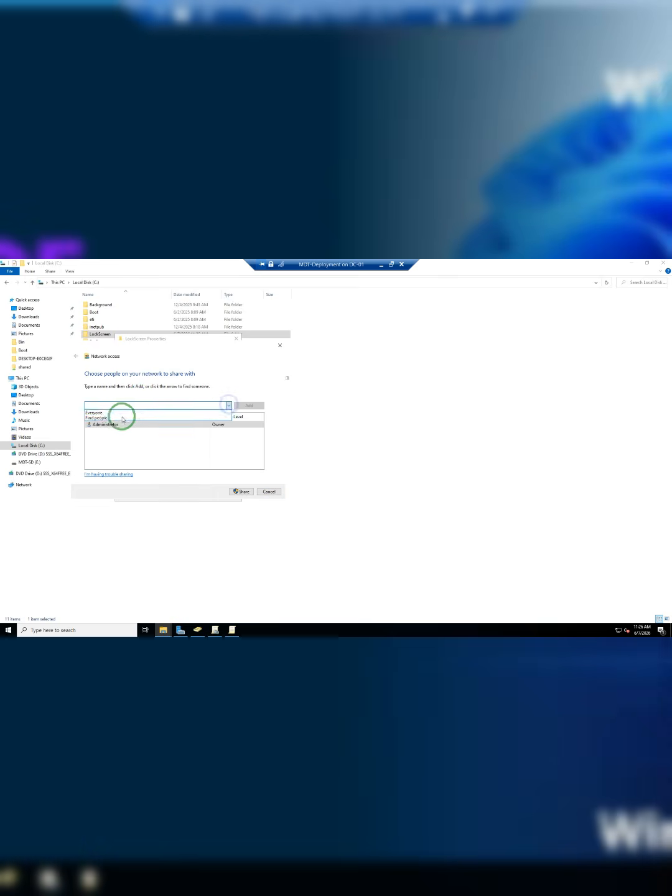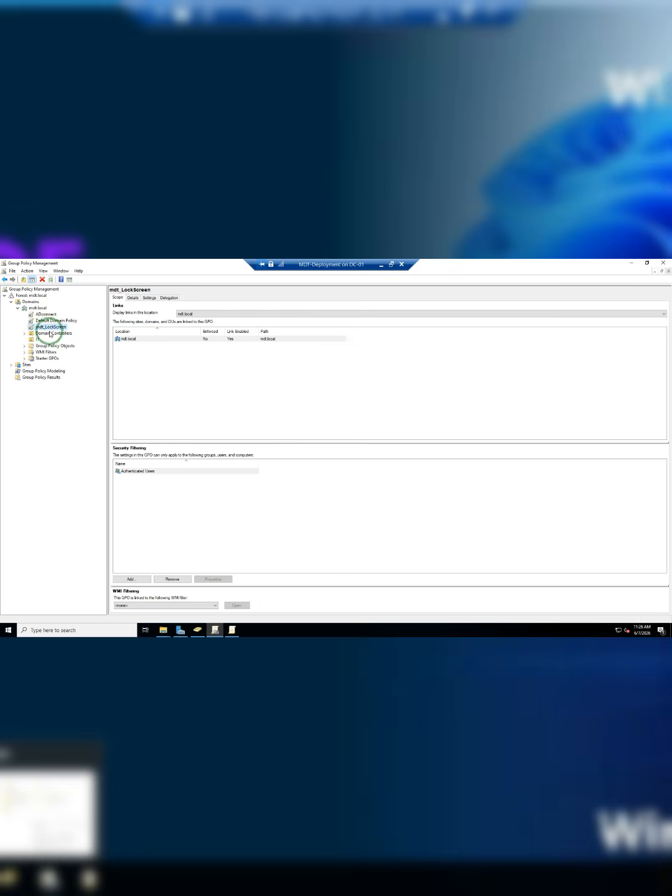So I'm going to add everyone to it, which of course will be everyone that is joined to my organization. I'm going to just give them read access and I'm going to click on share. Once that is done, I'm going to right click on it to copy the link and I'm going to click done. So the next thing will be to go to our group policy management